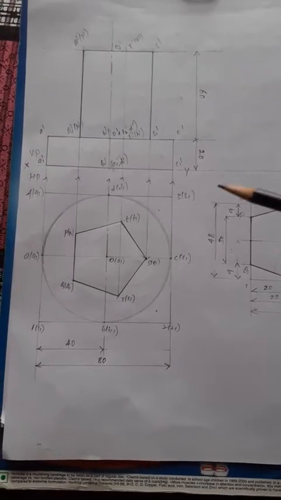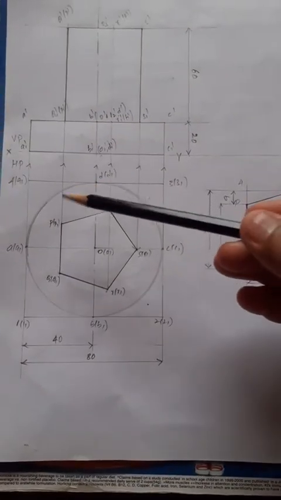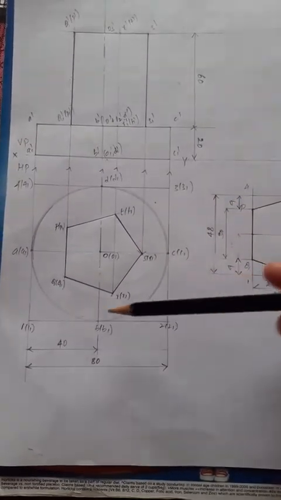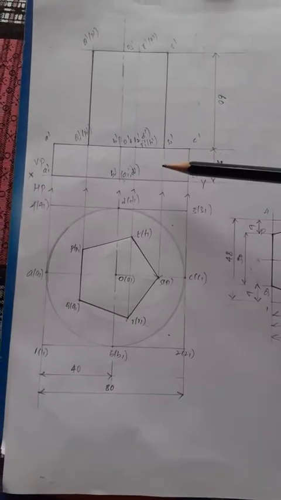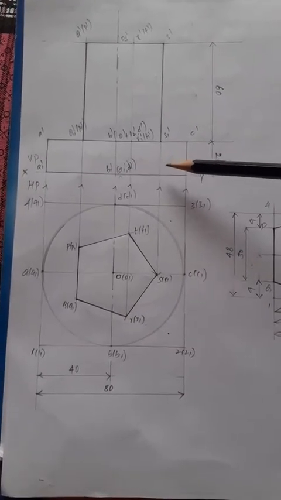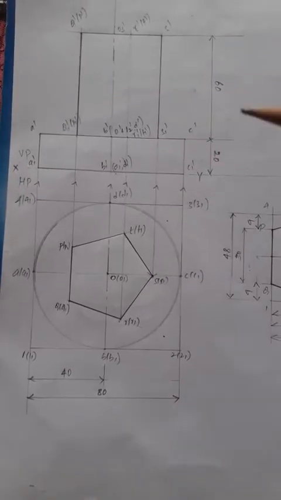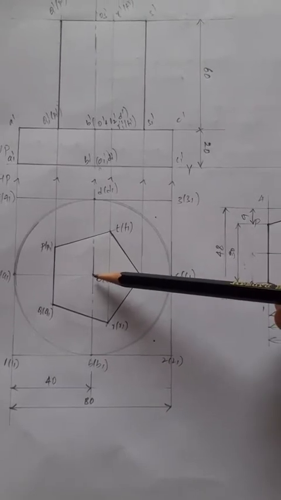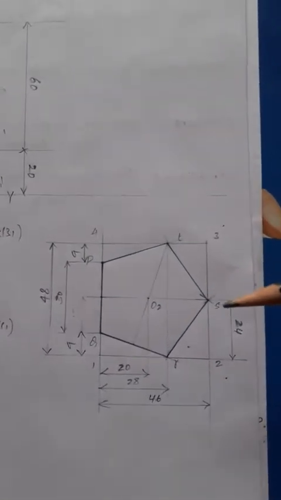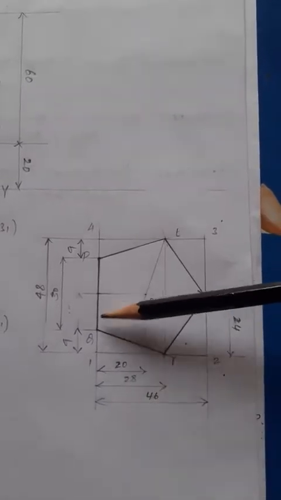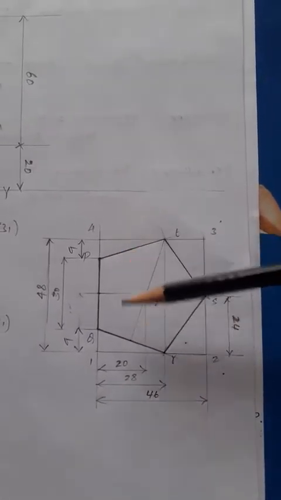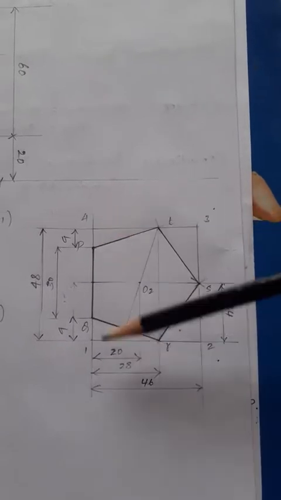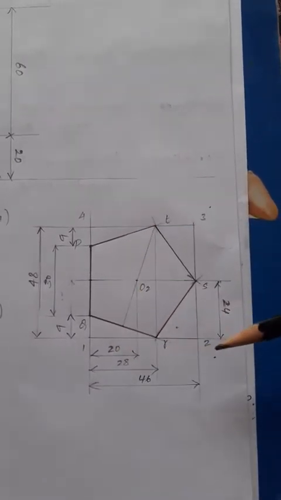Now first you draw the orthographic projections. First you draw the cylindrical block: in the top view it is a circular shape bound by a square box, and in the front view it is a rectangular shape. Now directly we can't draw a pentagon by taking the center of the cylinder. So you draw a pentagon separately, of side 30 mm. Then our exterior angle is 72 degrees. Then you construct the regular pentagon, bound it by a rectangular box and give all the dimensions.